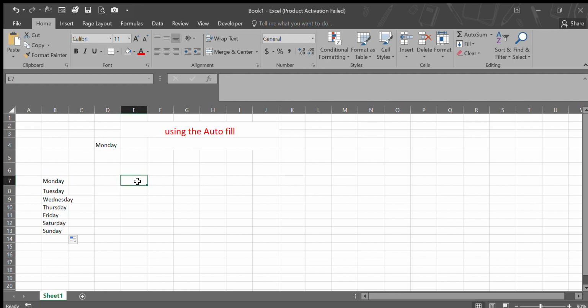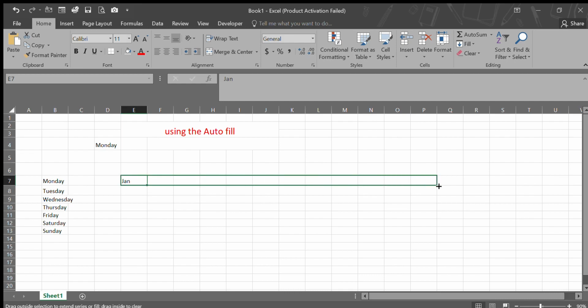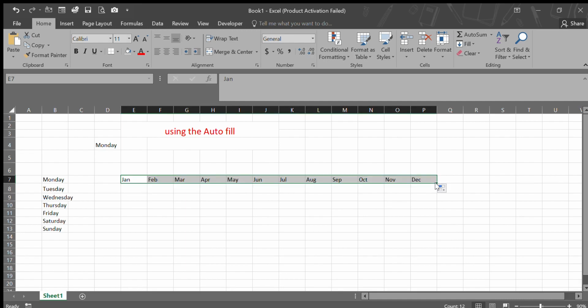If you want to type maybe January up to December, so first you type the January, you put the mouse pointer here, then you drag it out to December, then you leave it. So this is how to use the